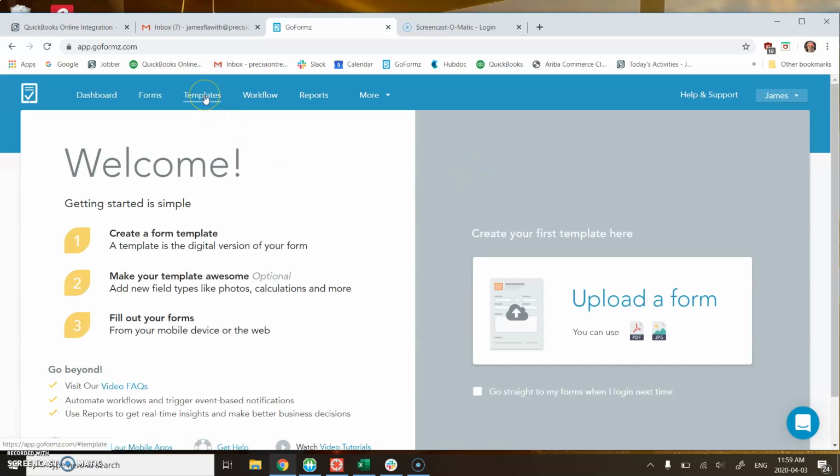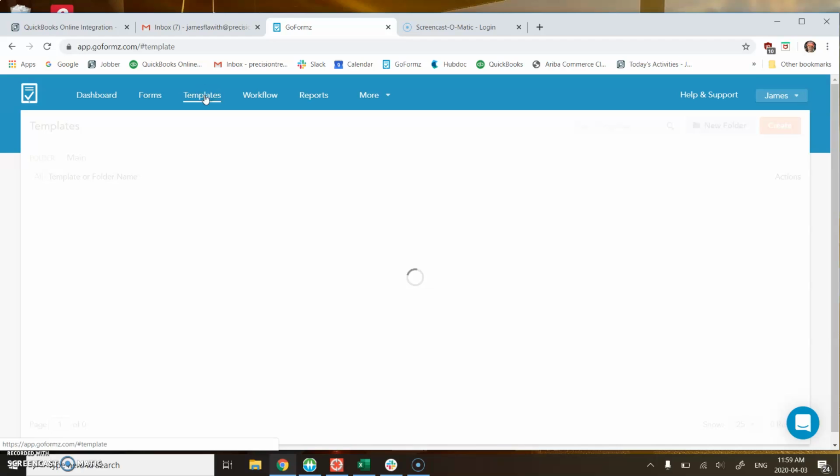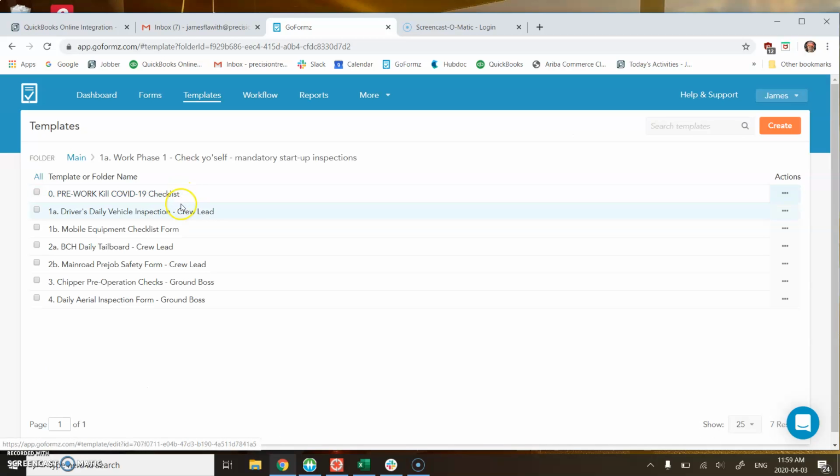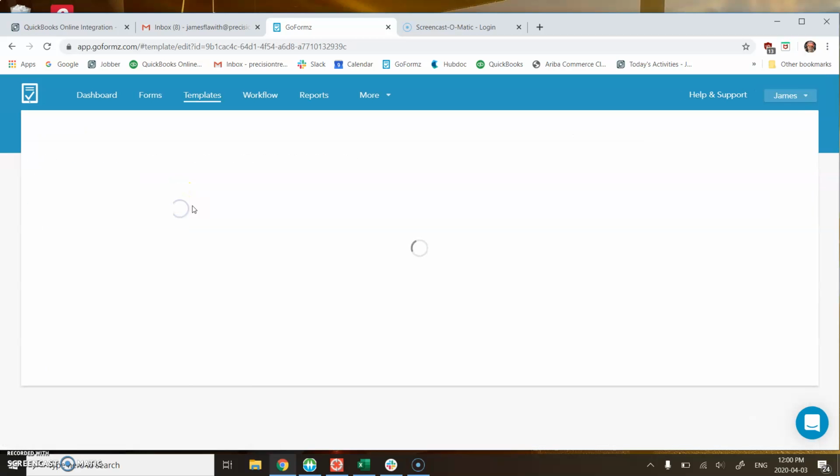Just log in with your email and your password and go to templates, just like I'm doing right now. It'll load all the templates for all the forms that we use. And then once that's all loaded up, we'll edit the field. So I'm going to be looking for the service interval, which will be found in our driver's daily vehicle inspection